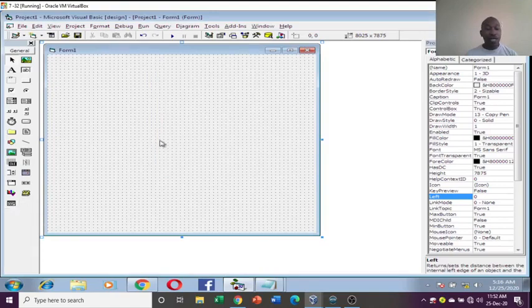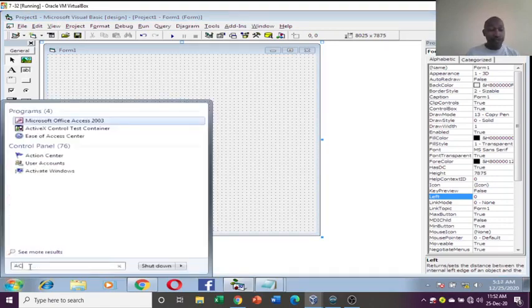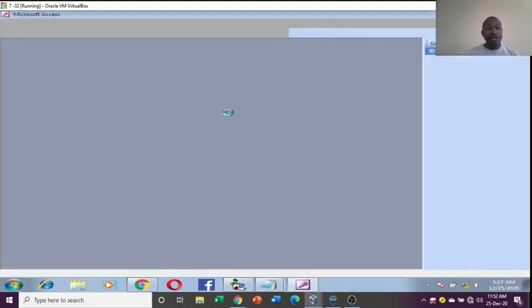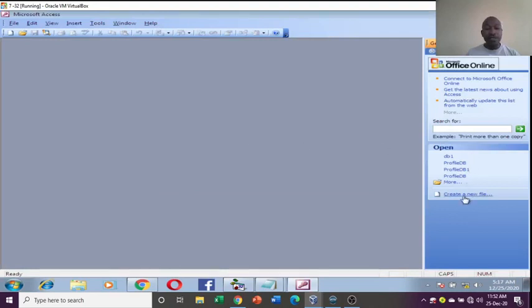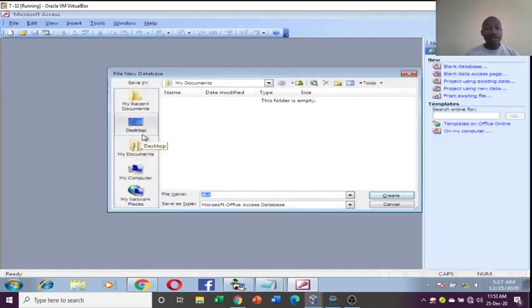And therefore, let's first of all create a Microsoft Access database. You just go to this point here. You launch your Microsoft Access. Then inside Microsoft Access, you create a blank database. Therefore, I just click Blank Database. Then I want this blank database of mine saved in local drive C. You can just save it as database,